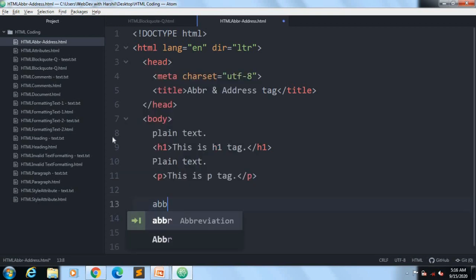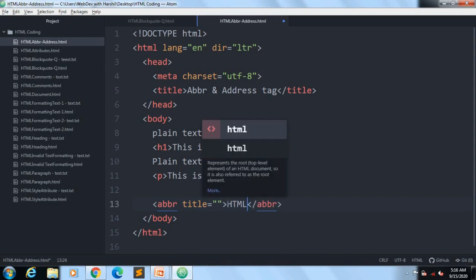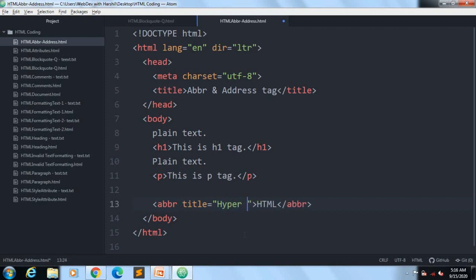You can see the abbr suggestion is there. First I will write HTML, only HTML, no problem. And in the title attribute I will write the full form, hypertext markup language.